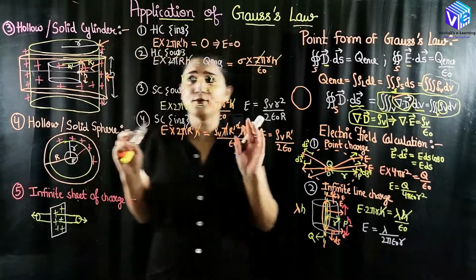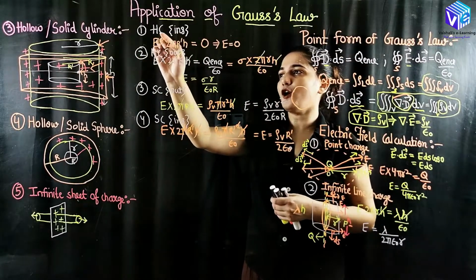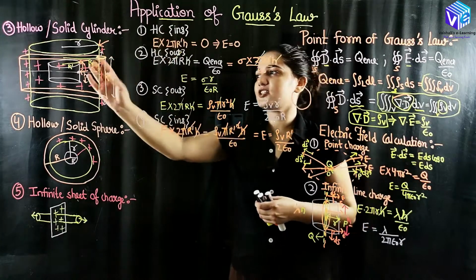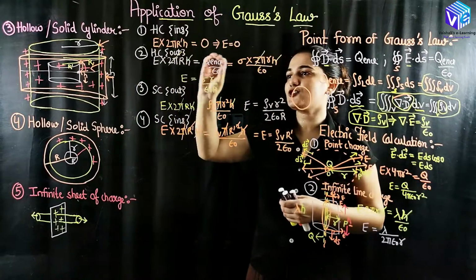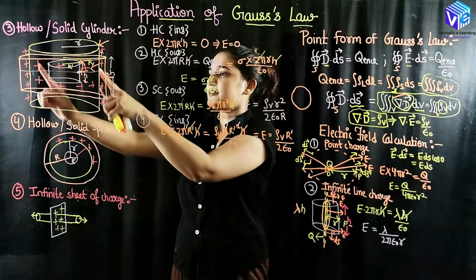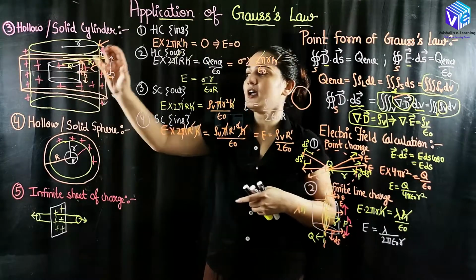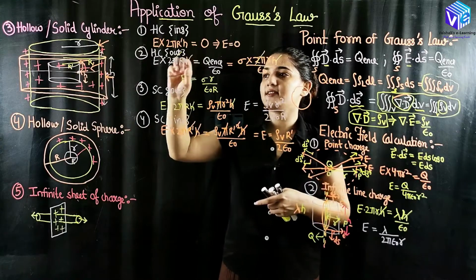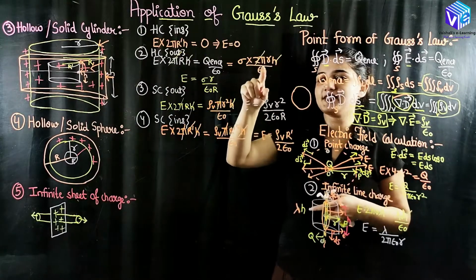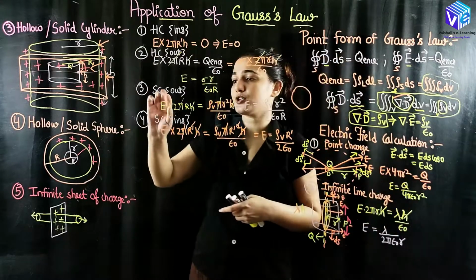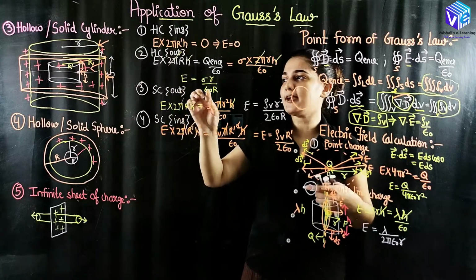So now I hope you understood how I have found out the charge in the case of the hollow cylinder. In the hollow cylinder, the charge was not there inside, it was 0. In the outside case of the hollow cylinder, I have taken the surface of the actual cylinder that I had and found out the surface charge distribution, and with the help of surface charge density, I have multiplied the surface area and found out the charge enclosed.